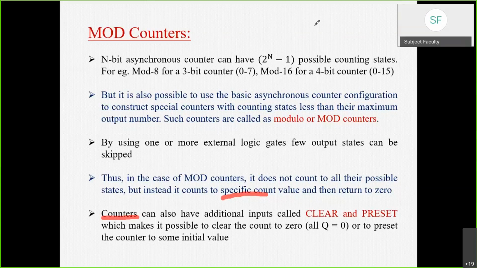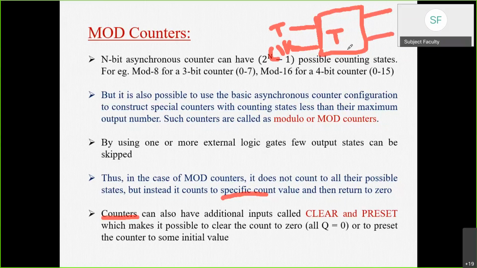So let's say when a flip-flop is there, and suppose it is a T flip-flop, then it will have one input, that is the T input, toggle input, and another input will be its clock input, right? And it will have complementary outputs, that is Q and Q bar. But there are two special kinds of inputs, and in this discussion we require one of them. We will require this clear input. So this clear is given here. And one more is there, that is preset.